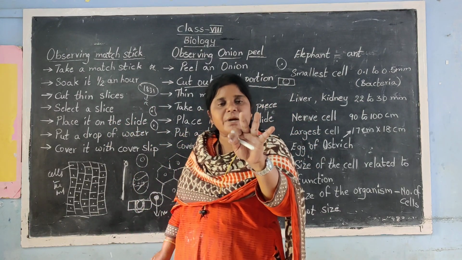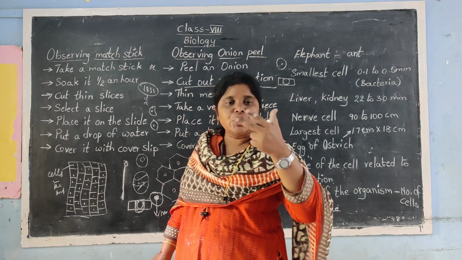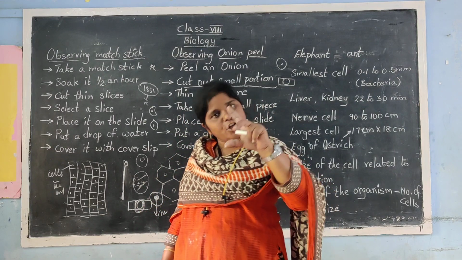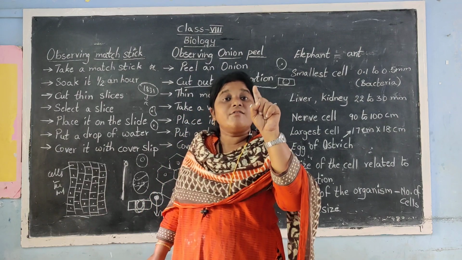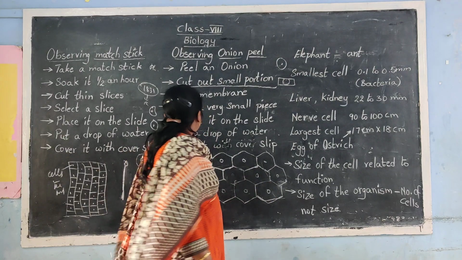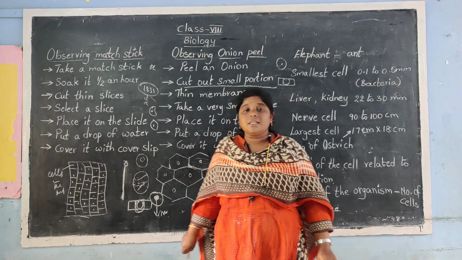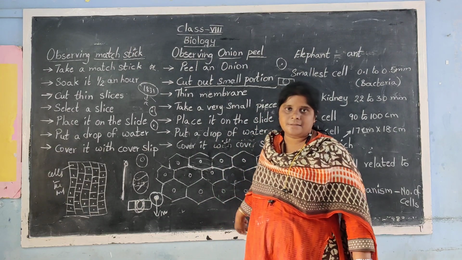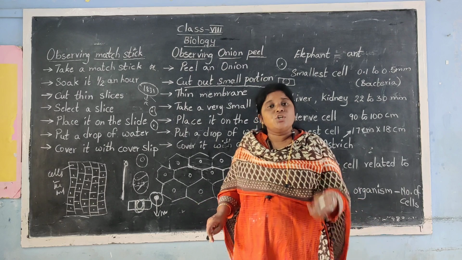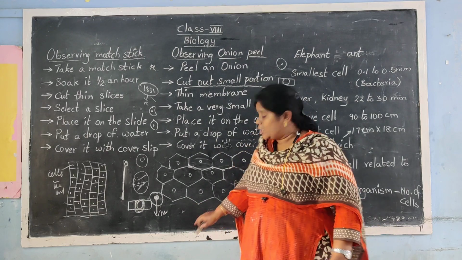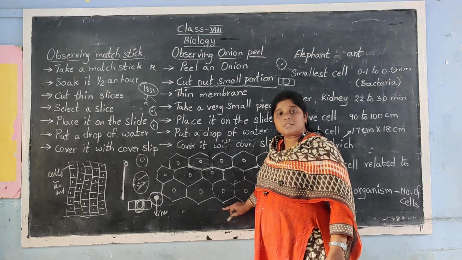So what are the three main parts you studied? Cytoplasm, cell membrane, nucleus. Who is the leader here? Nucleus. Because it controls each and every function of the cell. Okay, now this is the way to observe the nucleus in the cells. If you stain, you can observe the nucleus. If you don't stain, if you just use a drop of water, normally you can observe cells.